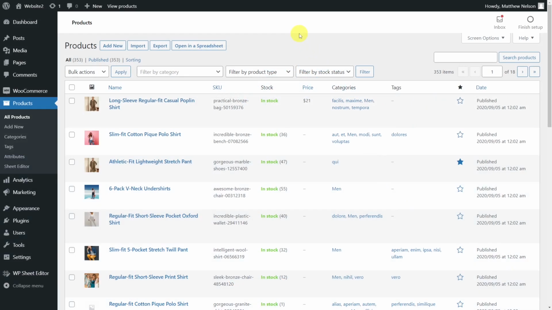The Remove Add to Cart WooCommerce is a great plugin that allows you to hide the prices of your products, but you have to edit them one by one, which will take you a lot of time and can be really tedious if you have to edit 50 products or more. To help you with this, in this video we'll show you how to hide WooCommerce prices by category, tag, or attribute